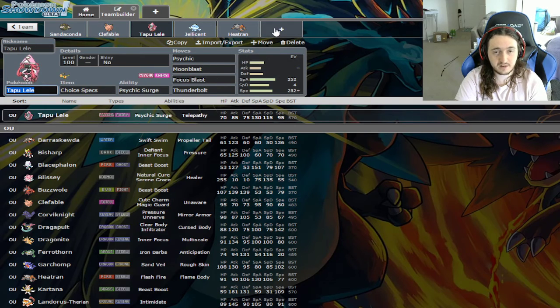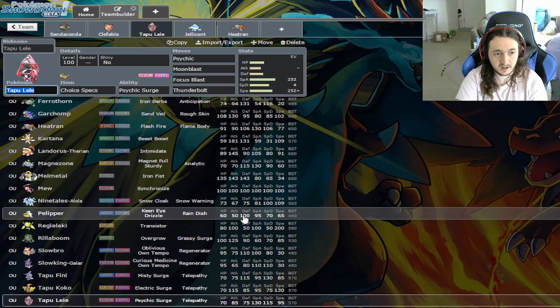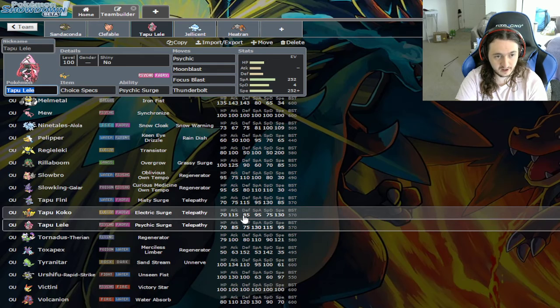But again, the thing with Garchomp is Swords Dance. Swords Dance Scale Shot is a very, very, very powerful set. I do want Defog as well. So I think the main thing here is I want to go Corviknight. I'm pretty sure I want to go Corviknight. If I don't go Corviknight,